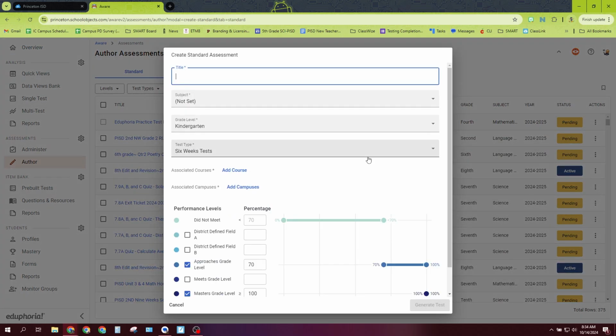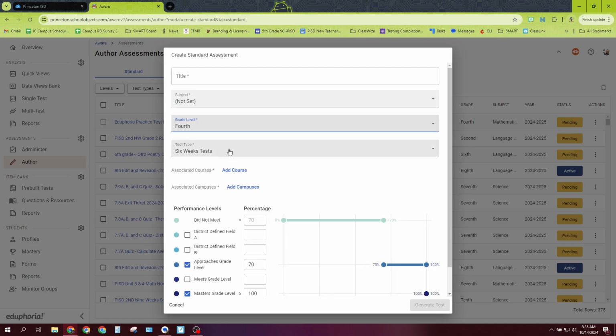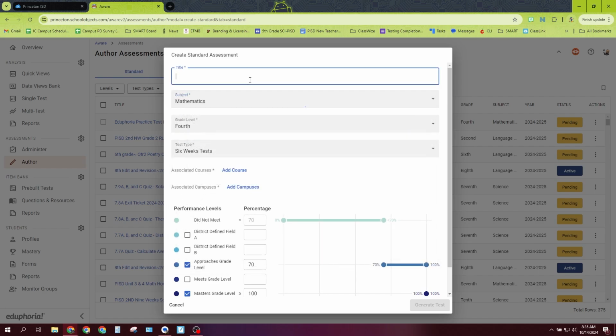All right, we need to give our assessment a title. We can just make a little quiz. We're going to make a little 10-question quiz right here with each of these new item types. It can be something that we just assign to our students as a little formal assessment, but not an entire 9 weeks grade or anything like that. Let's go with 4th grade, and we are working on a math test. This is for some math teachers at Lacey. So we're going to do our math